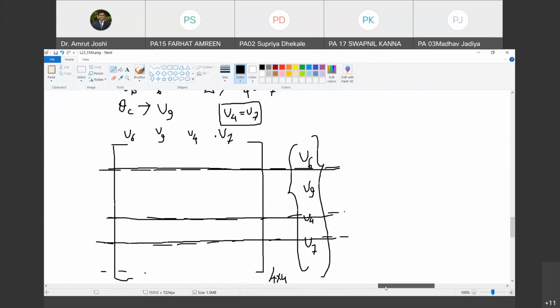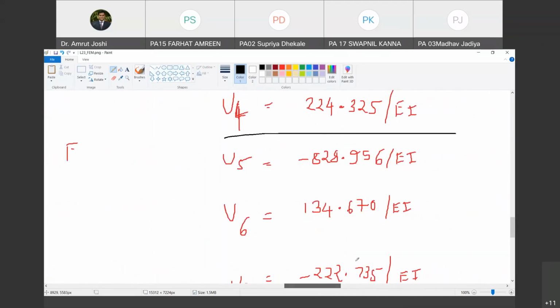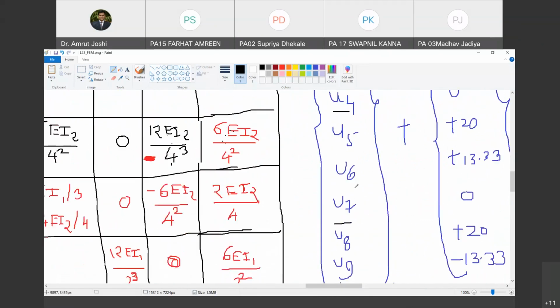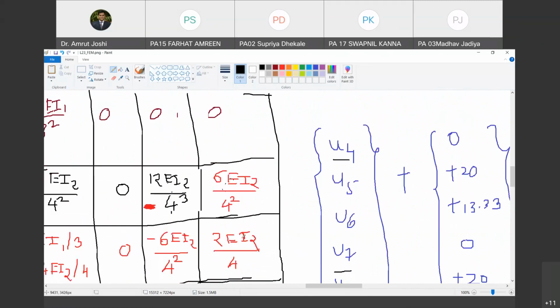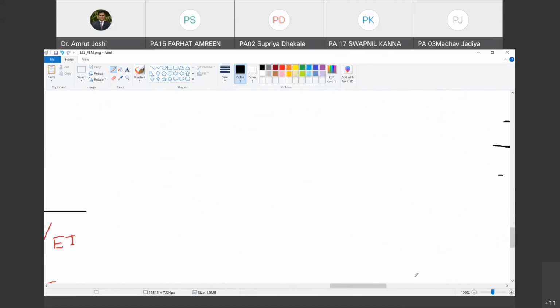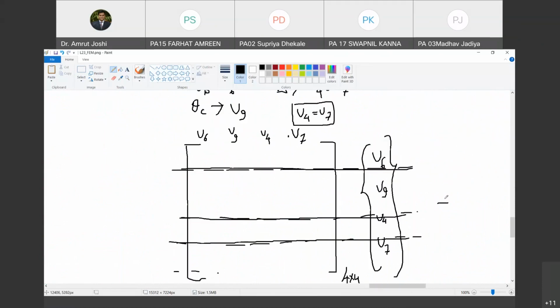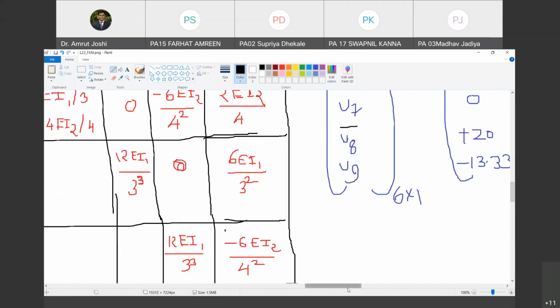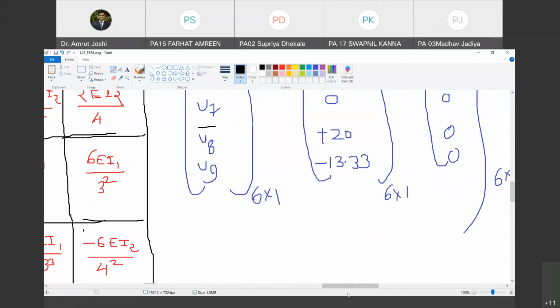तो U6 ये जरा रोज देखो U6, U9, U4 and U7. तो U6 की रो किधर है? U6 की रो is third one. Are you with me? Yes, sir. 1, 2, 3. So in third row, what is the FR matrix element that we have? 13.33. Do you agree with me? 3, 3. So Yes. यहाँ पे जब मैं FR मैट्रिक्स लिखूंगा इसके आगे तो पहला एलिमेंट क्या आएगा बोलो? 13.33. When I look at U9, U9 is which row here? Last one. तो इसमें एलिमेंट कौन सा है? -13.33. Do you agree with me?